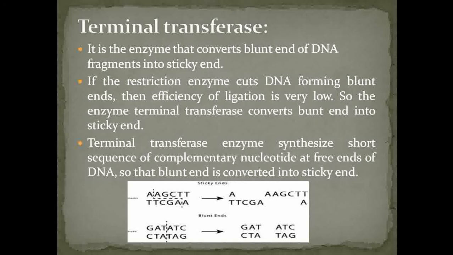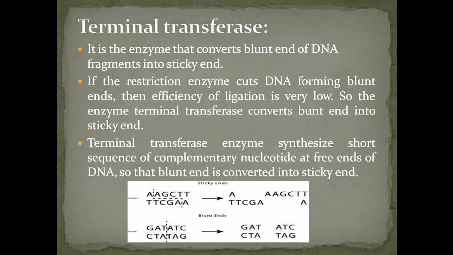the sequence is complementary to each other. Whenever the DNA ligase is applied at this site, there is a rapid rejoining of that fragment, that we call sticky ends. Sticky ends are nothing but the complementary ends. There is no problem of rejoining of that fragment. But after cutting with the restriction endonuclease, if they form the blunt ends, what are blunt ends? Whenever the sequence is not complementary. So at that time, how do the DNA fragments get rejoined?